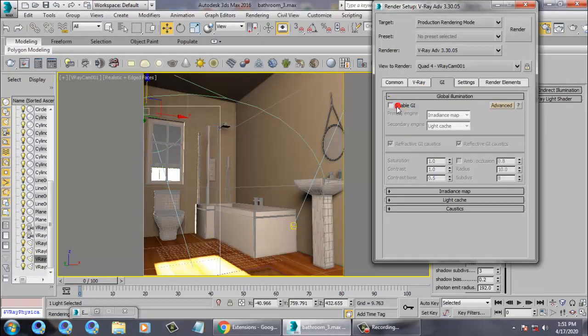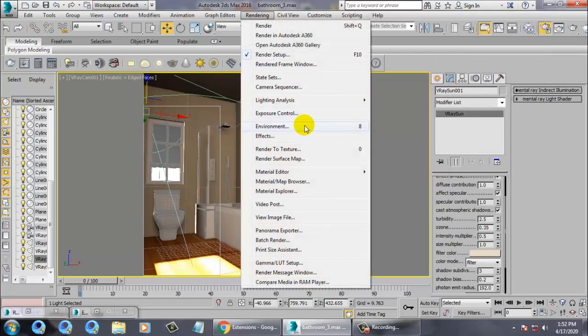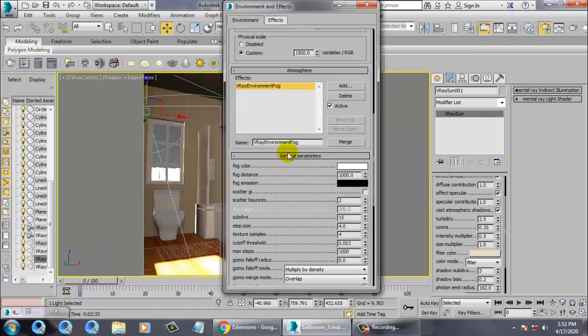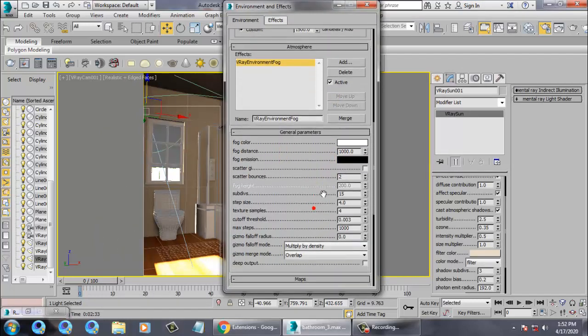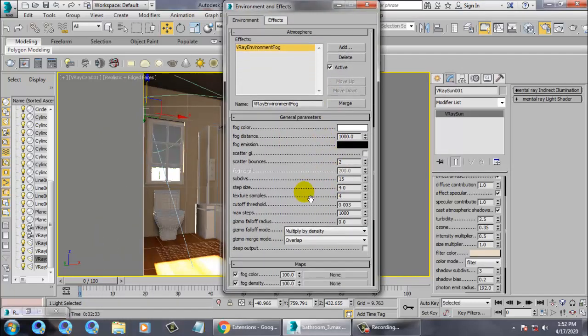Let's again off this stuff and again go into rendering. Let's go into environment and increase its subdivisions to 25.